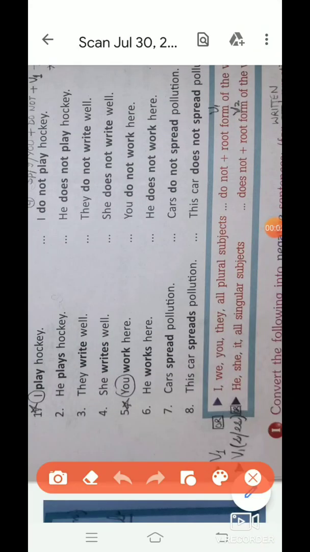So as I said, what you need to remember is the verb, the subject and which combination of verb you have to use with a particular subject. Children, actually there are two ways of remembering this. Either you can focus on the verb or you can focus on the subjects.